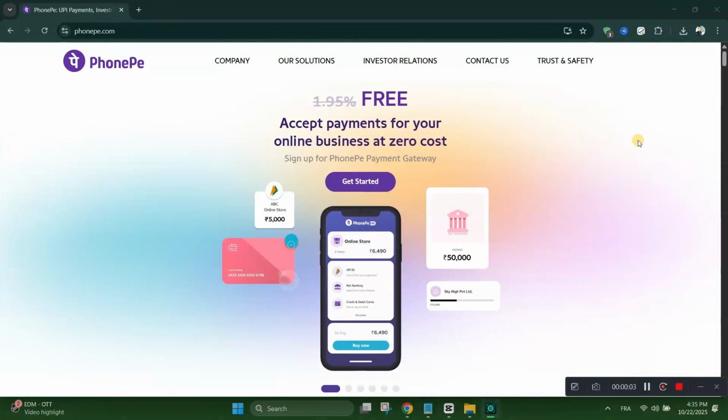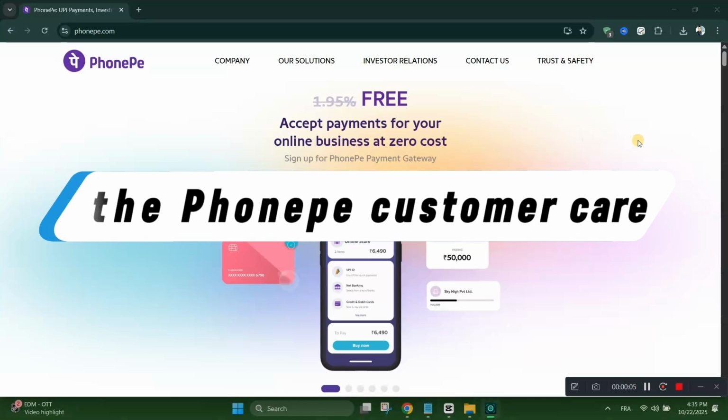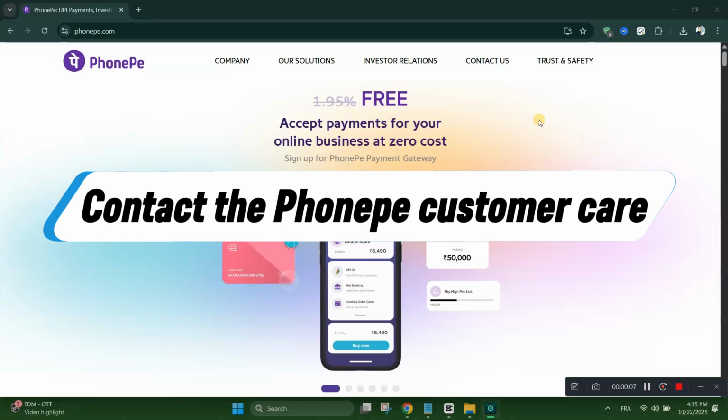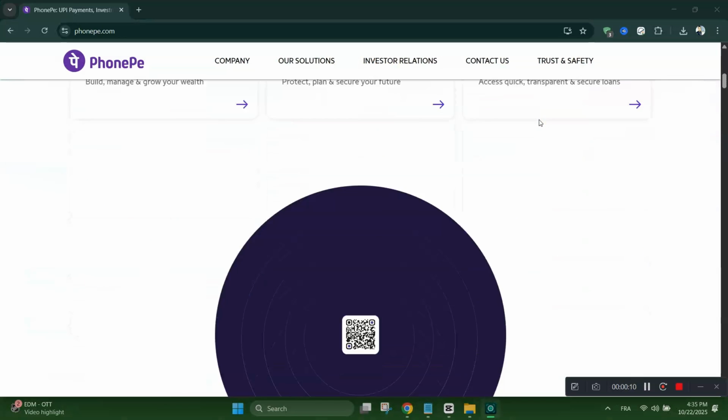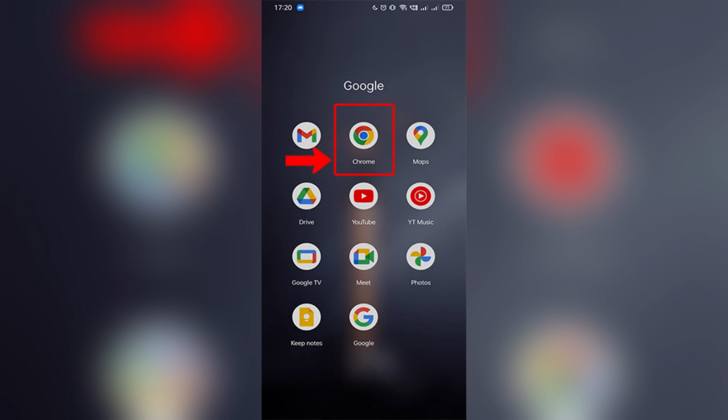In today's video, I'll show you how to contact PhonePe customer care directly through their official website. If you ever face issues with payments, refunds, or account access, this guide will help you reach the right support